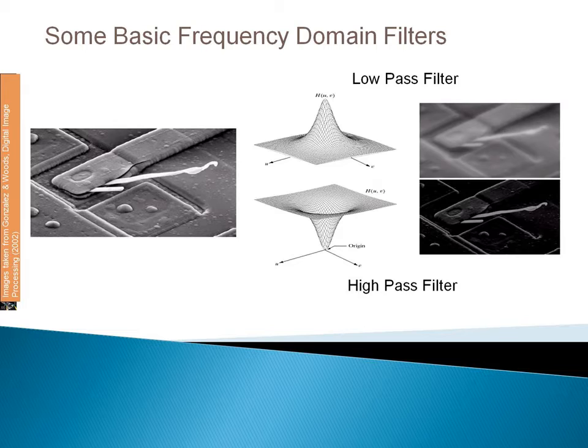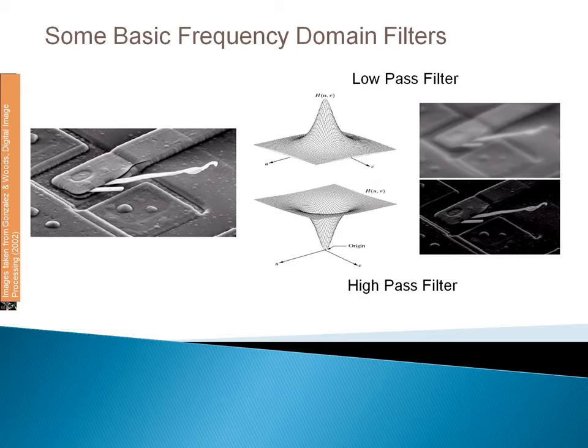So in this image, we are going to see how we can apply a filter which is going to attenuate the high frequencies while passing low frequencies. That means we can apply a low pass filter or a high pass filter. If you use a low pass filter, it is going to blur an image. If you use a high pass filter, it is going to enhance the sharp details, but it is going to give a reduction in contrast in the image. So in this picture you can see these effects.